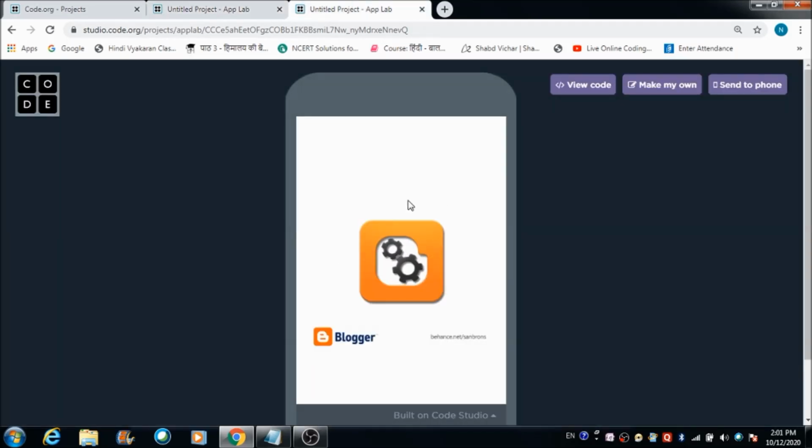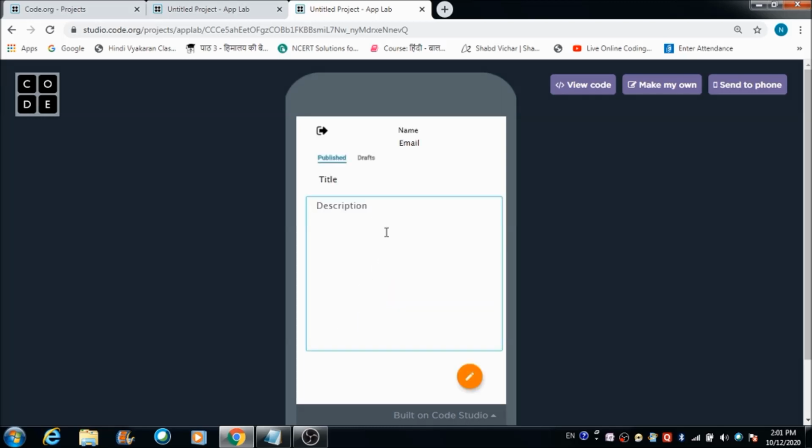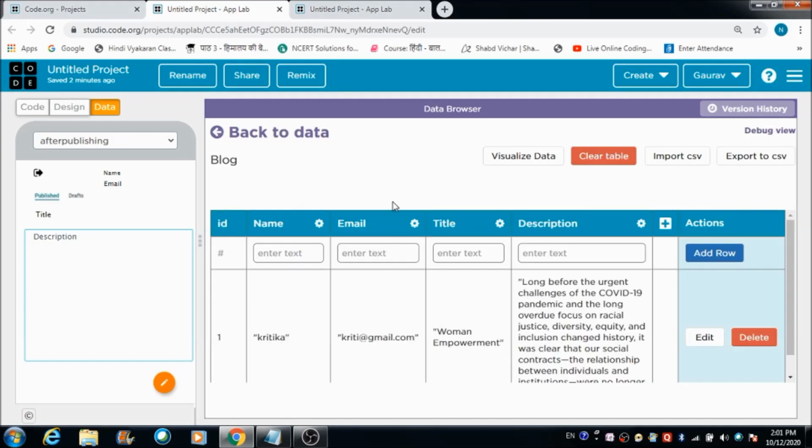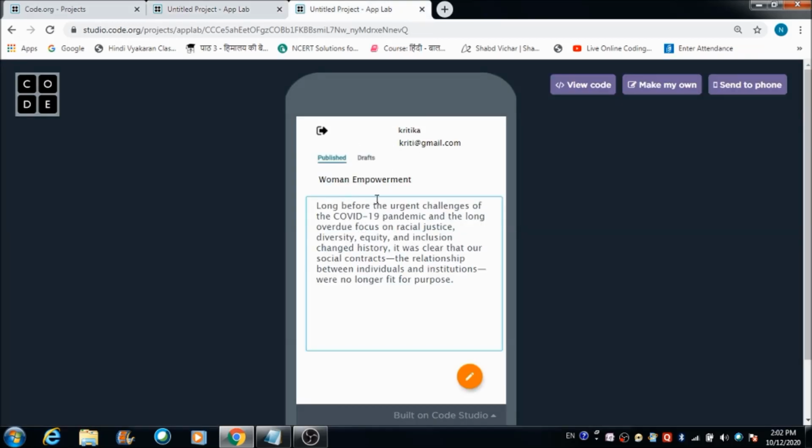Let's see when we hit the screen whether we'll be able to fetch the information of all the 4 fields or not. No, we are not able to fetch the information. Now why are we not able to fetch it? Okay, we are able to, actually it is taking some time, but we are able to fetch the information. So the code is working perfectly fine.